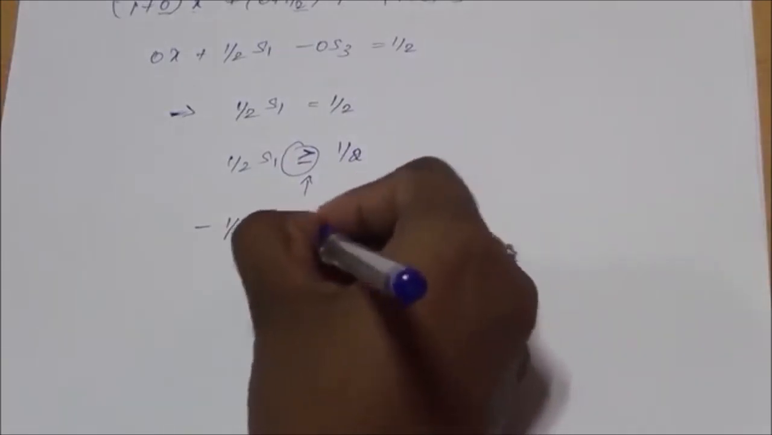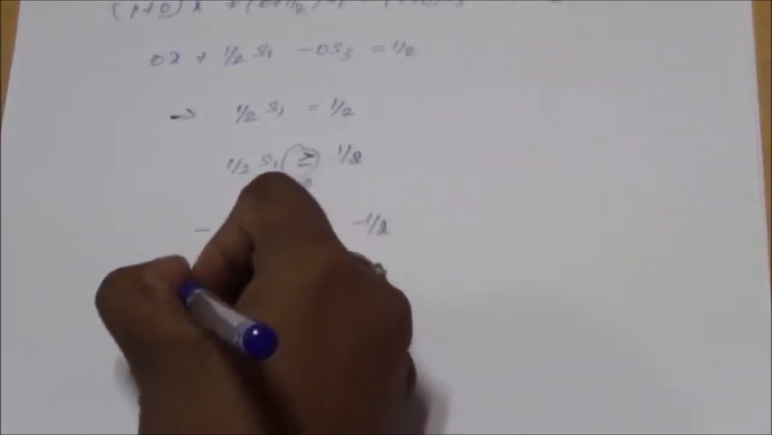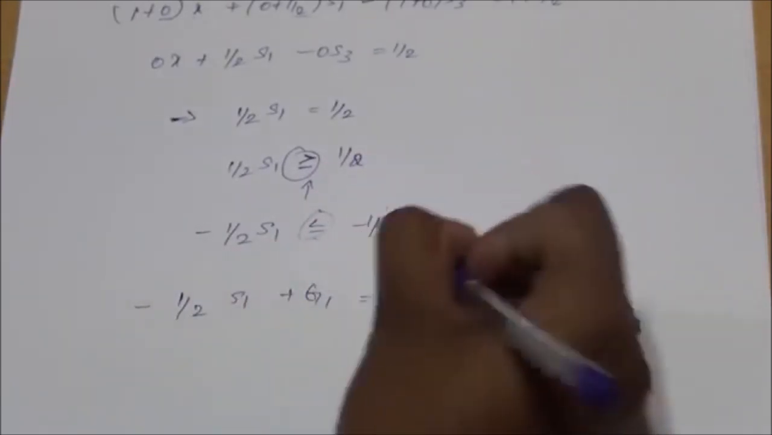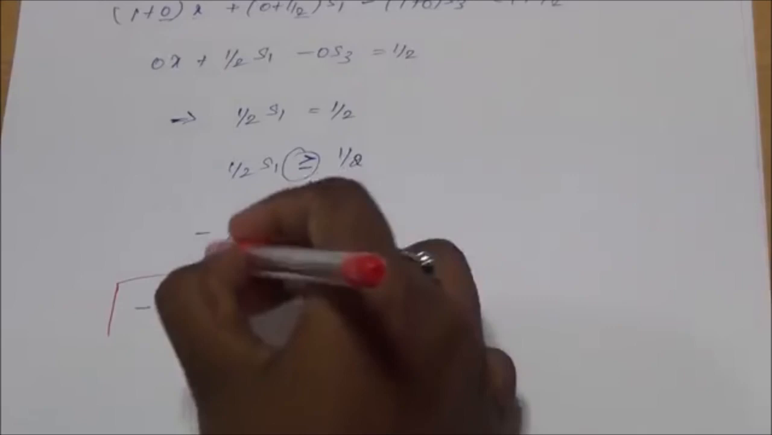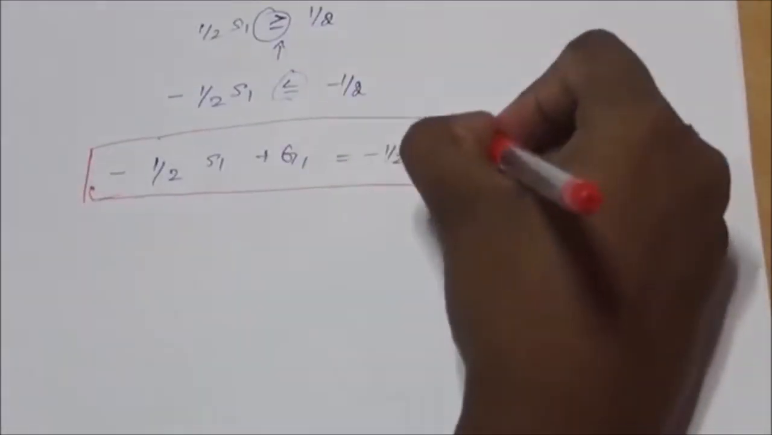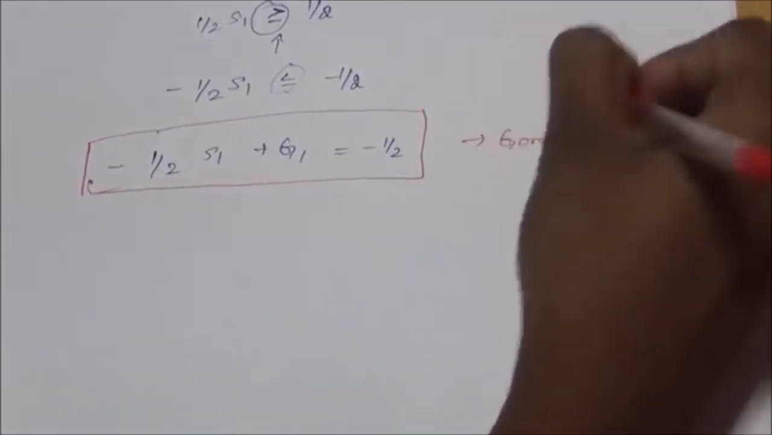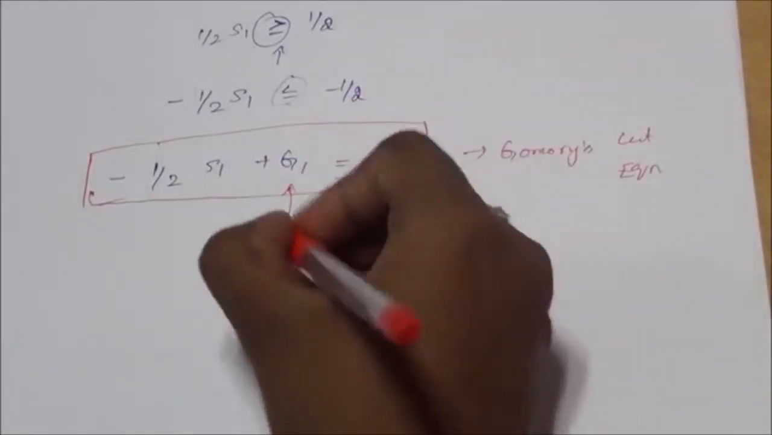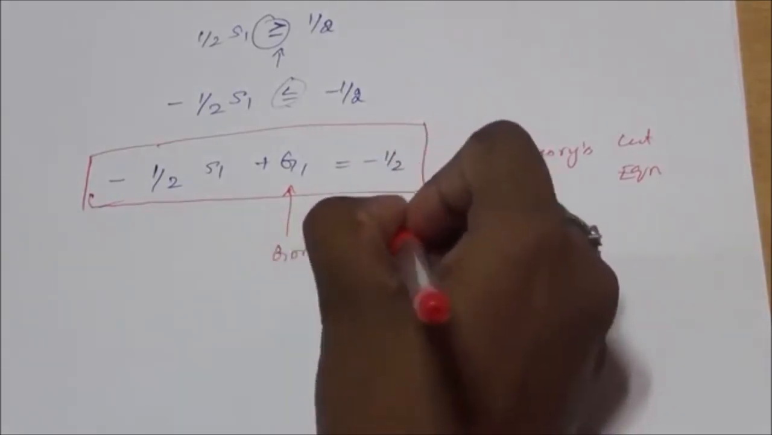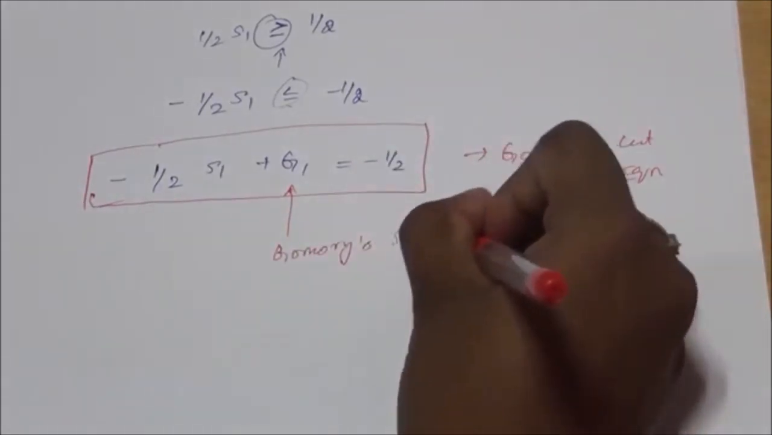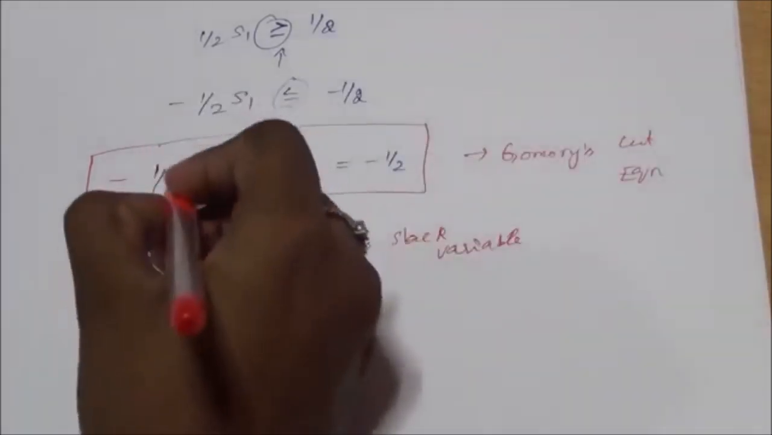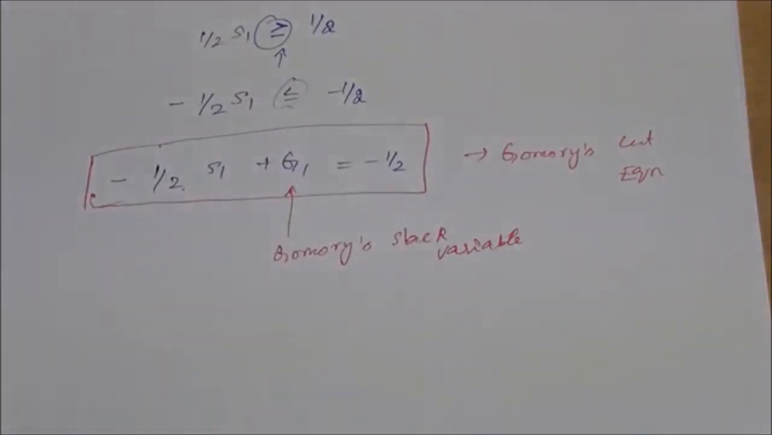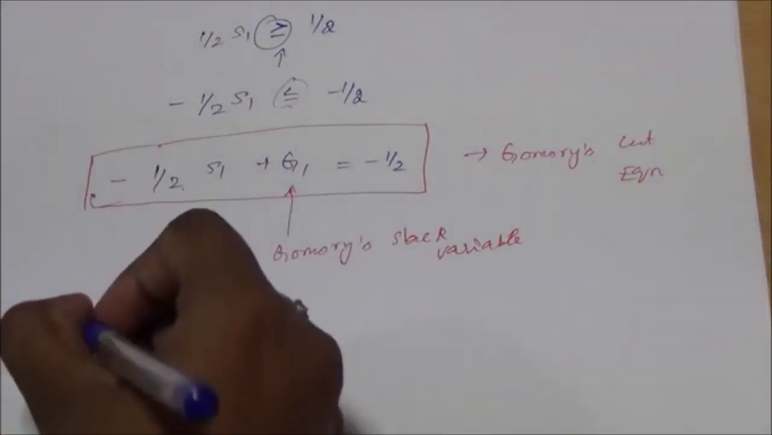We have to convert this constraint into equal to by adding Gomory's slack variable, which gives minus 1 by 2 s1 plus g1 equal to minus 1 by 2. This new equation we got is the Gomory's cut equation. g1 will be the Gomory's slack variable. We have to include this new constraint in the final table of our simplex method, which is the iteration 3 table. So the new table will be,